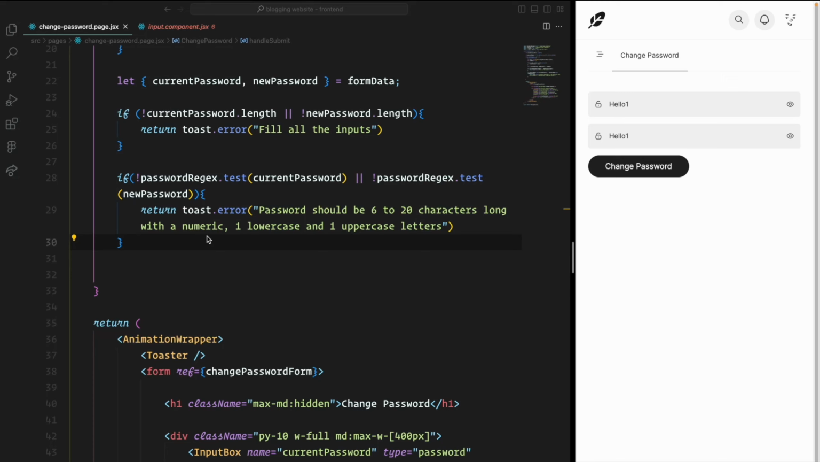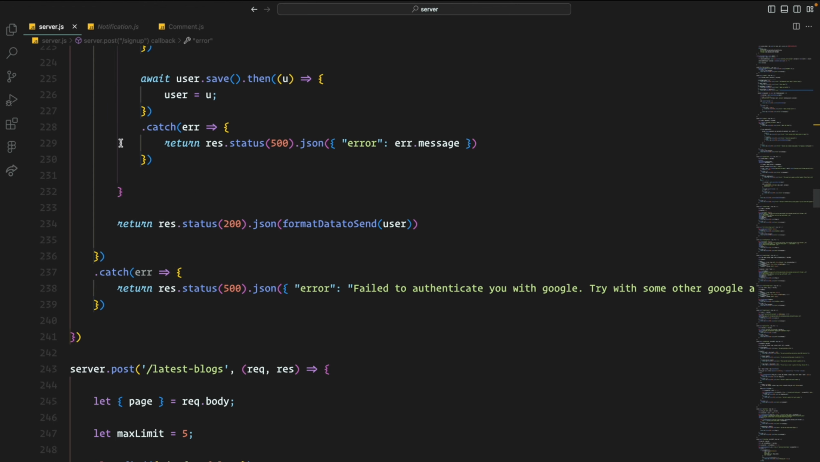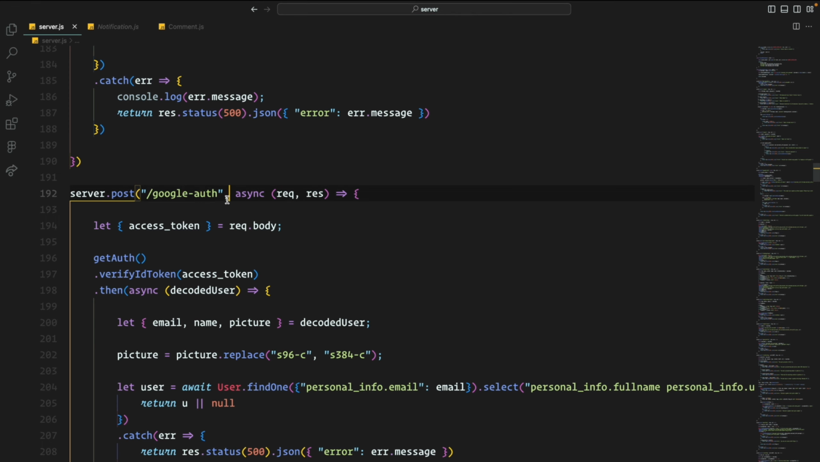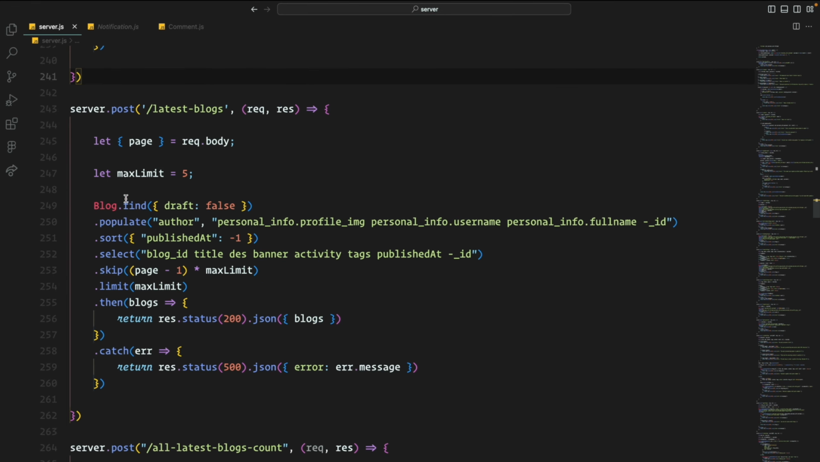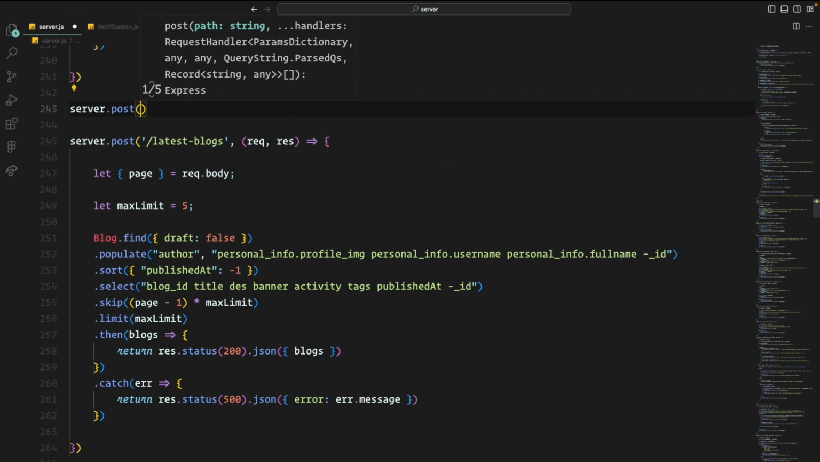So before doing that, let's make the server route inside the server.js, and then we will make the request from the front end in order to change the password. Okay, so let's work on the change password route inside the server.js. I will make this route just below this Google authentication route. After that, I will just say server.post in order to make a post method route, and the route will be